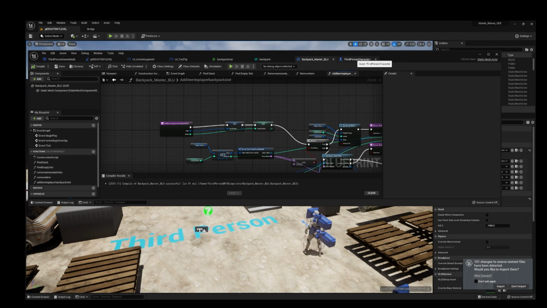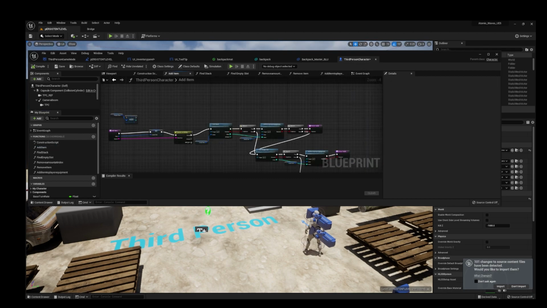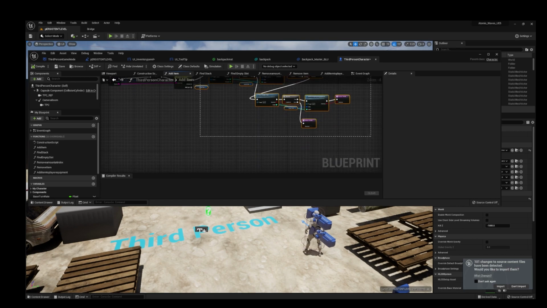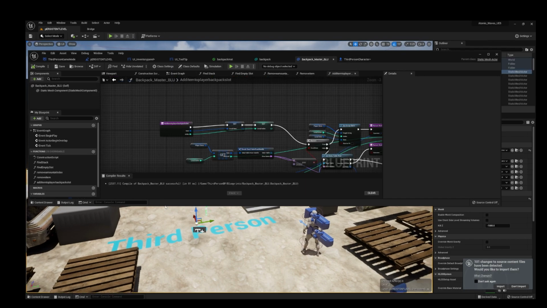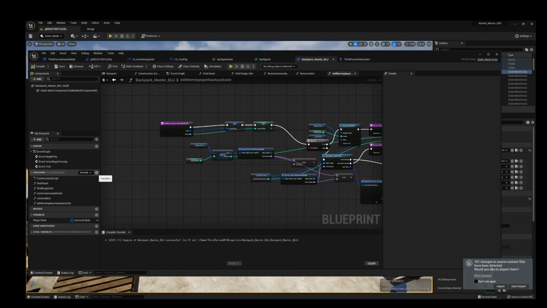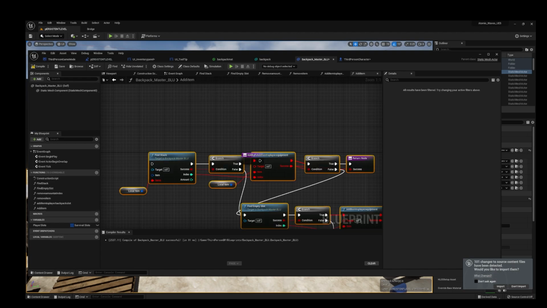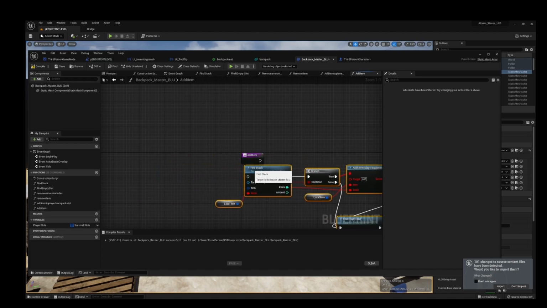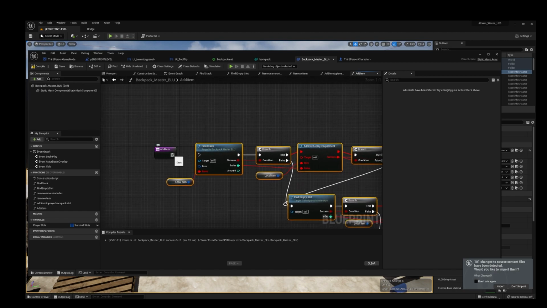Next, we're going to go back to our third-person character and we're going to go ahead and get the add item function now. What we're going to do is get all this over here, copy, and create a new function, add item. Paste. And what you're going to see here is that we have an error going on. Now don't freak out. We're going to fix it right now.